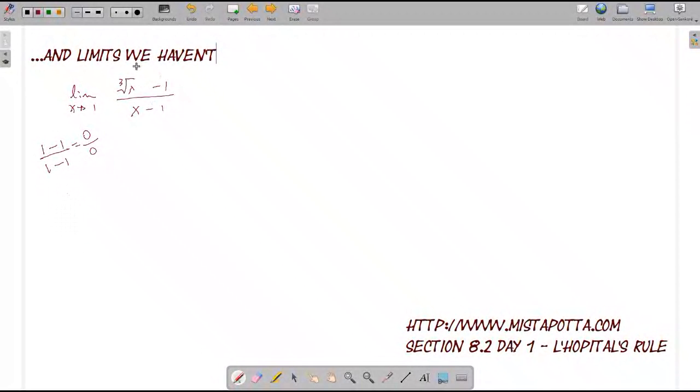And I could try and factor this, but it's going to be rather difficult. What will actually happen is I'll have to treat this as a difference of cubes in order to factor out a term. It's going to be much more straightforward to actually go in and take the derivative of the numerator and the denominator. Remember that this is really x to the 1/3 power that I've got here. And so the derivative of that